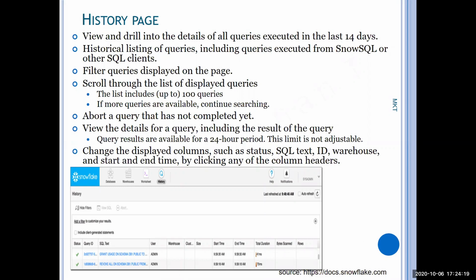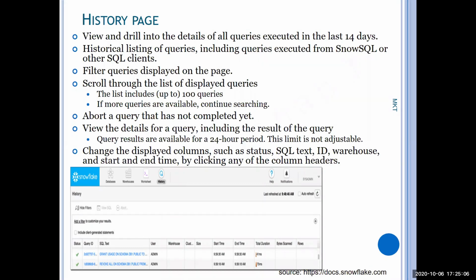Also, you can calculate how many queries were executed and what credits were used. And if you want to analyze the query execution, that also can be done using this historical page. If you want to know how much time it has taken and whether it is giving good performance or not, you will use the historical page for getting all these things done. The last 14 days of query execution, no matter how many queries you are executing, will be available here. If you want more than that, that also will be available in a separate place. So you need to access it separately, right? Fine.